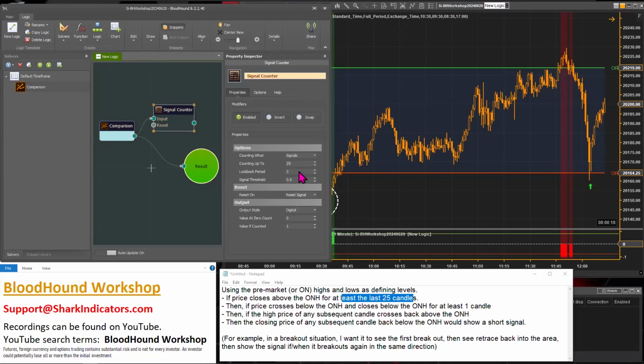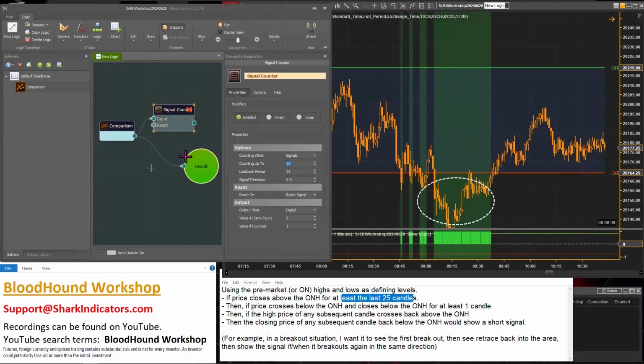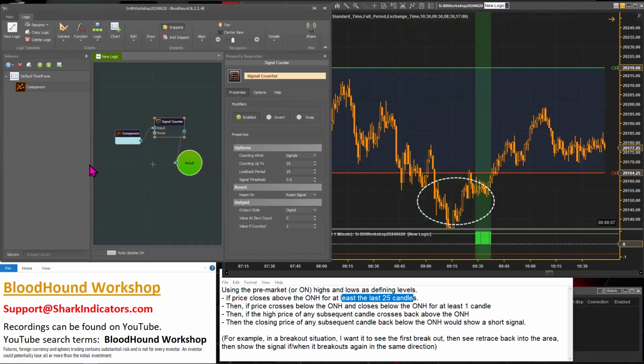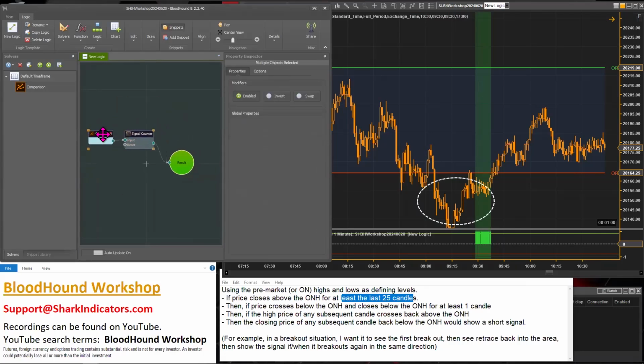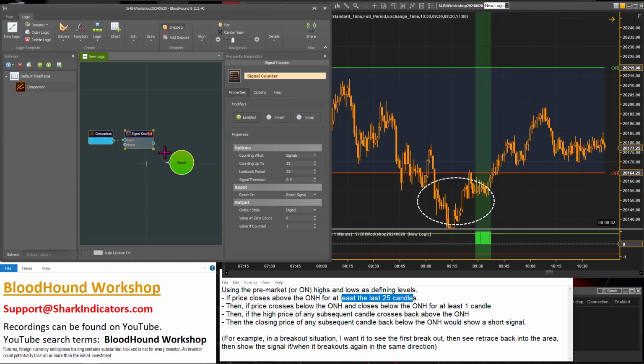We want to count up to, so we need at least 25 bars. So we're counting up to 25. And let's connect that in. Yeah. So we can see on the chart there, right, BloodHound starts marking once we get to that 25th bar that's outside the range. So now with the signal counter,